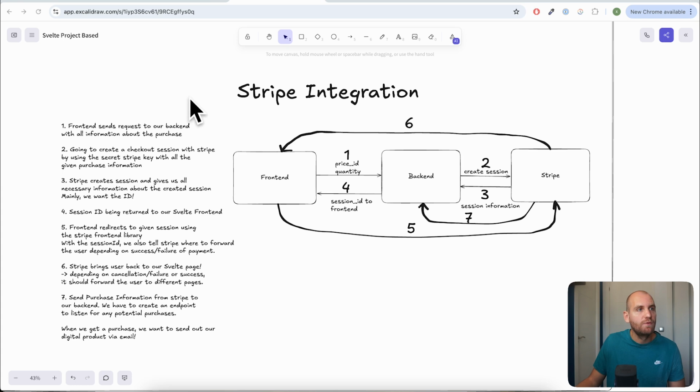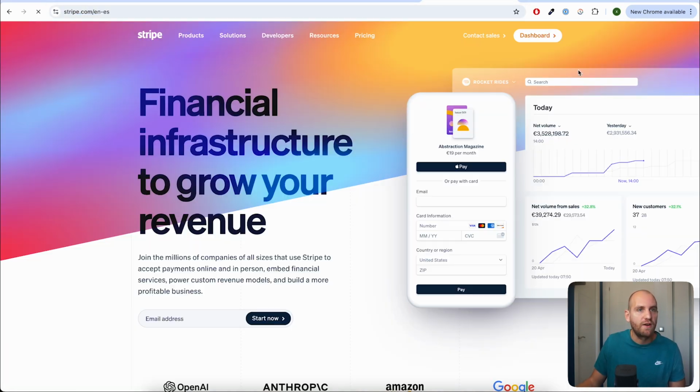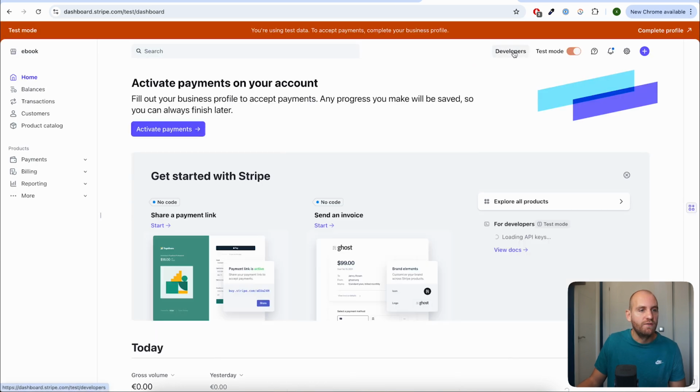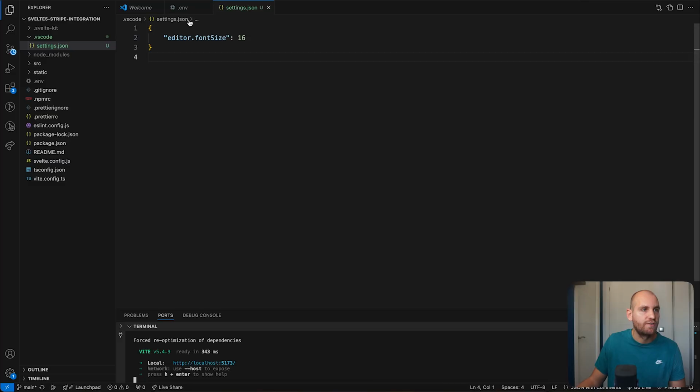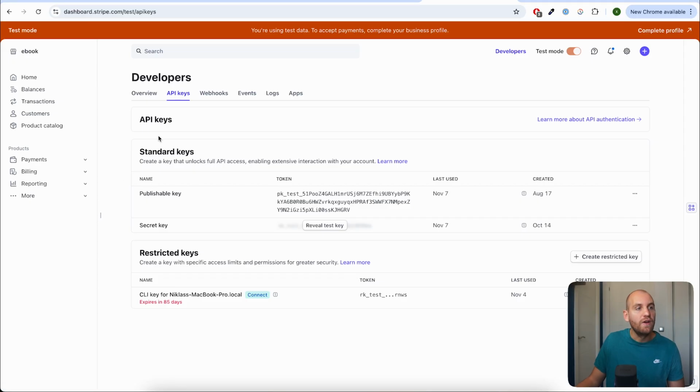Now for that to happen, we first have to go to our Stripe account, okay? So on my Stripe, I'm just going to go to the dashboard, and then I want to go to developers. This is also the place where you would find the API keys, the ones that I just pasted in here, right? And the SendGrid API key is actually just the one that I'm going to use for sending emails. So again, if you don't want to do that right now, you don't need to create a SendGrid API key at all. So in here, I'm going to go to the webhooks tab